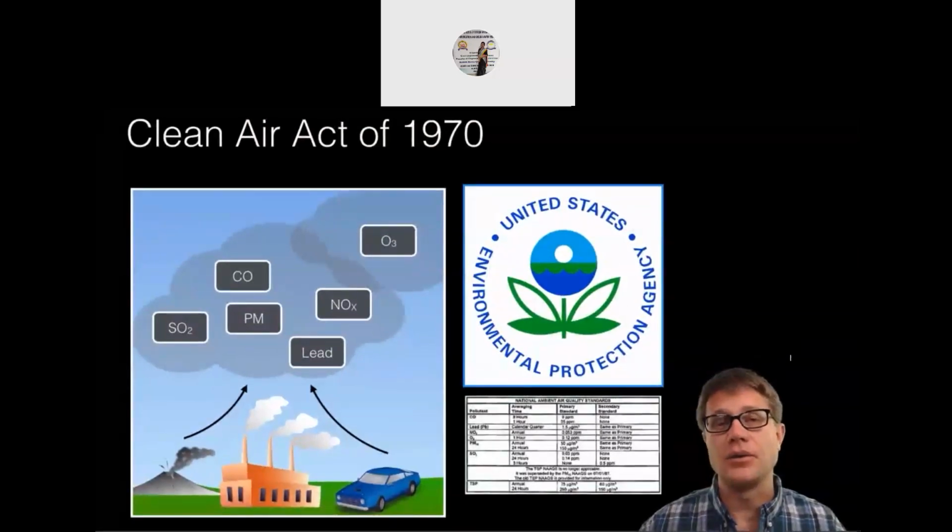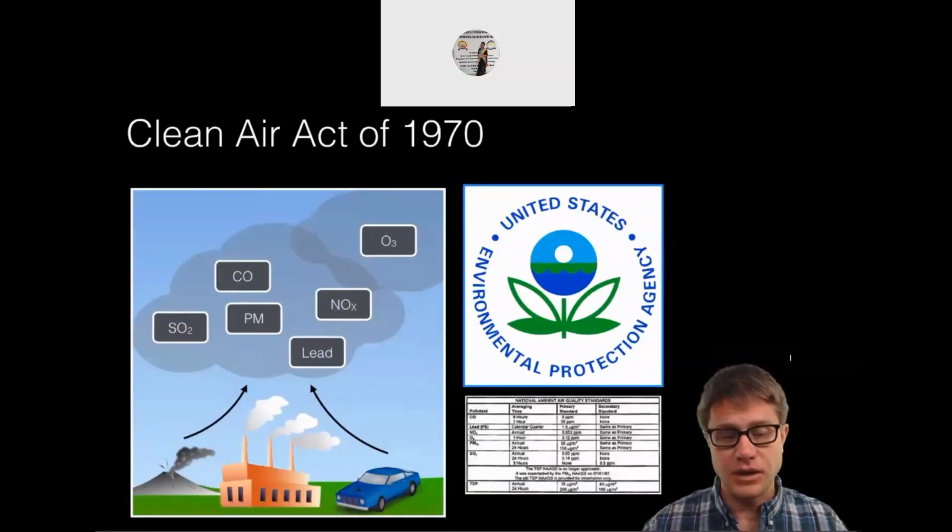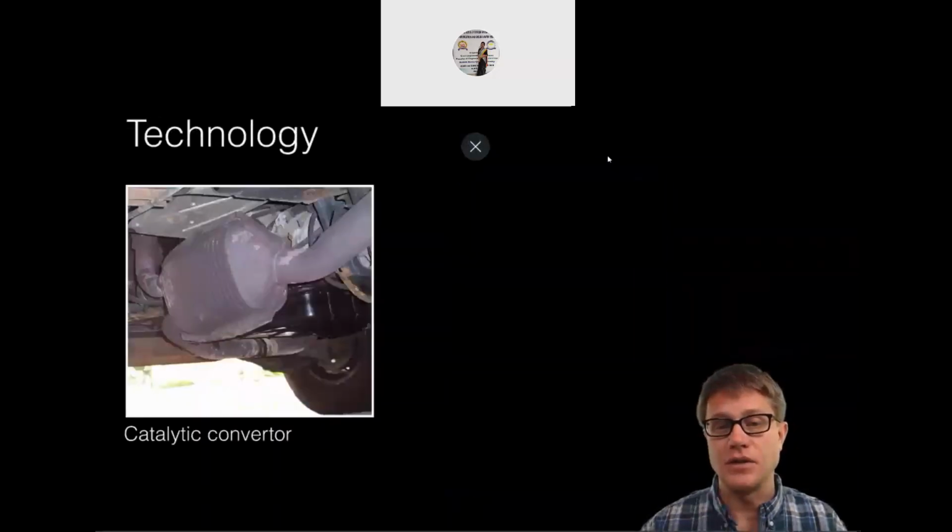Now, how do we eliminate air pollution? We do that through legislation. So we have restrictions on the amount of pollutants. The Clean Air Act in 1970 is probably the most famous one. What they did is they put strict standards on these pollutants over here. So in industry, you're limited on how many of these pollutants you can put into the atmosphere. But how do we do that?